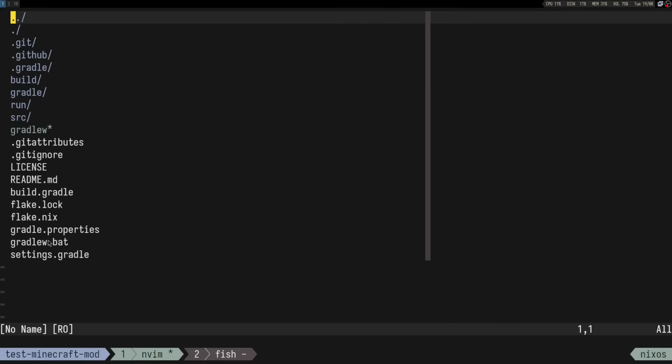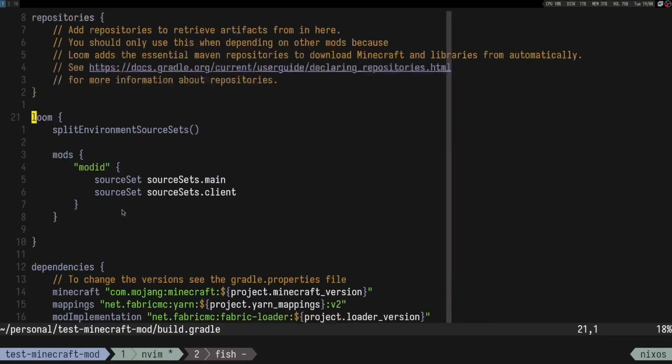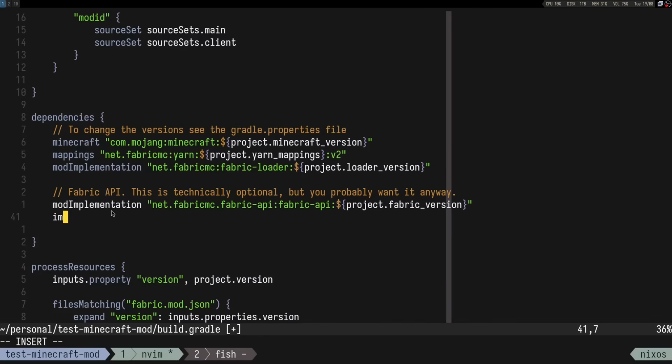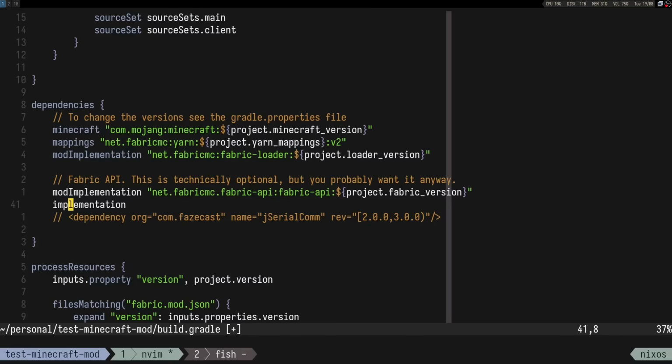So let me just copy paste one of them, and let's go to build.gradle, and we should have something like dependencies. And what I did was implementation, and then I added com.fazecast jSerialComm, and then I did project.jSerialComm_version,